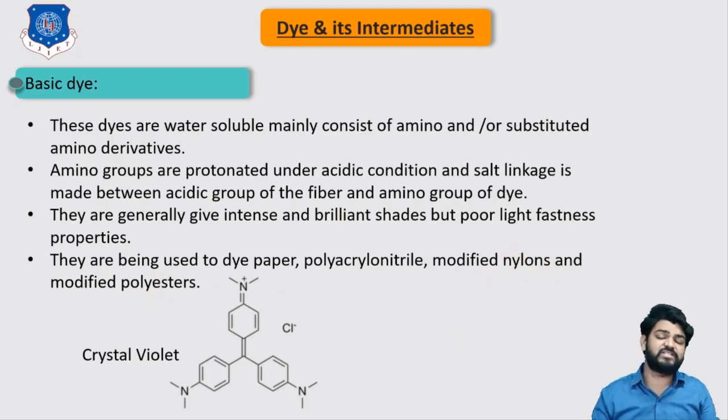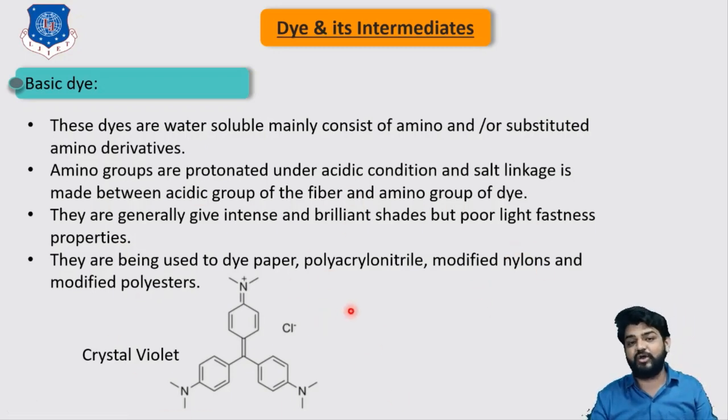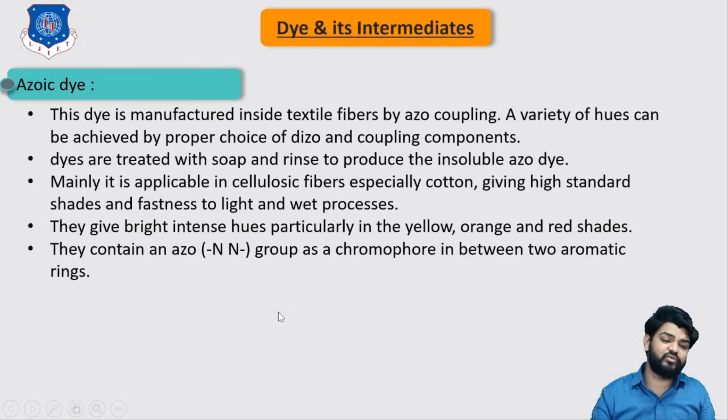So they can generally be used for different applications as well. As you can see here, this is the structure of crystal violet, which is one type of basic dye, in which you can see we have one amine group which can link with other groups, right? And one fluorine negative group is also there. Now, if we move further to the